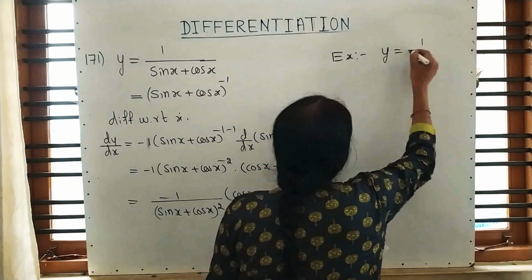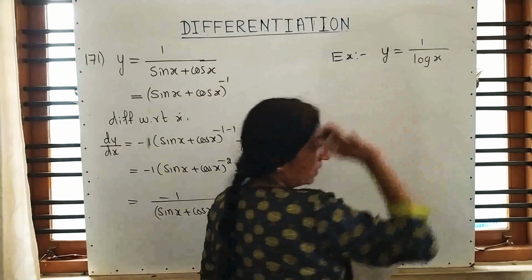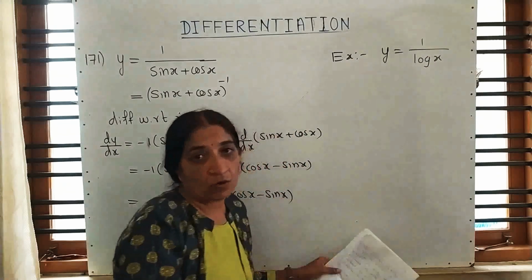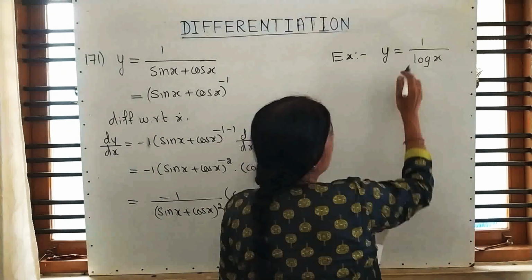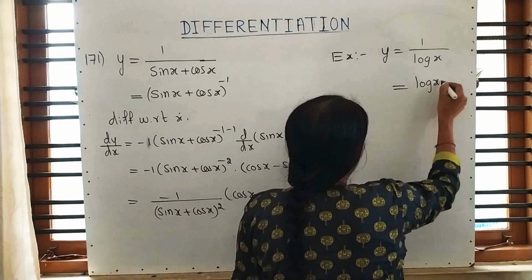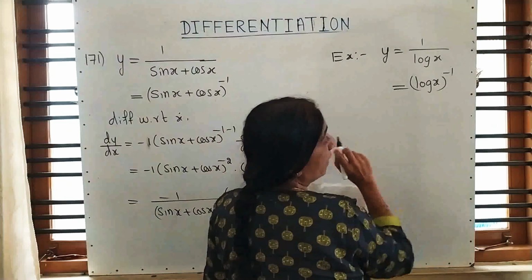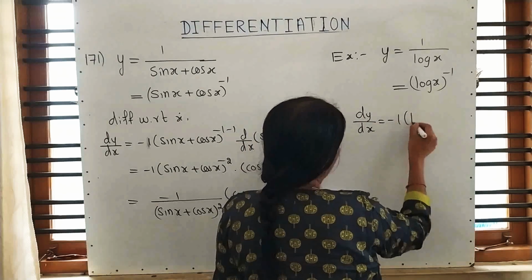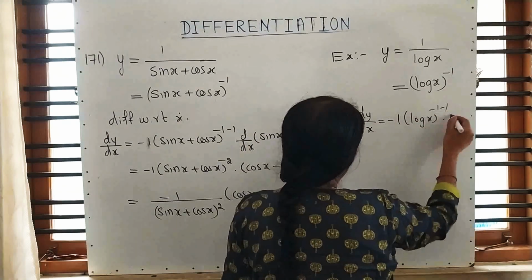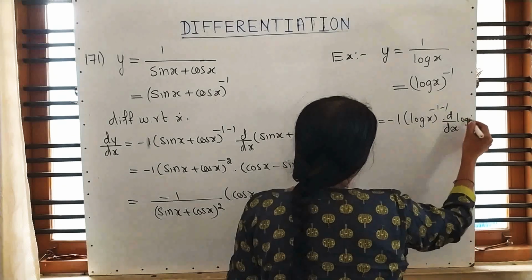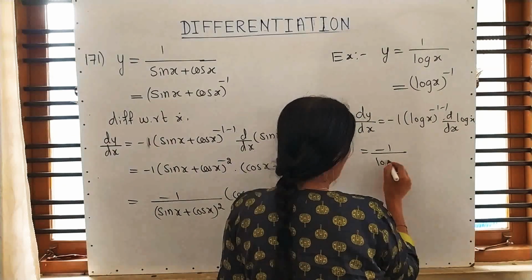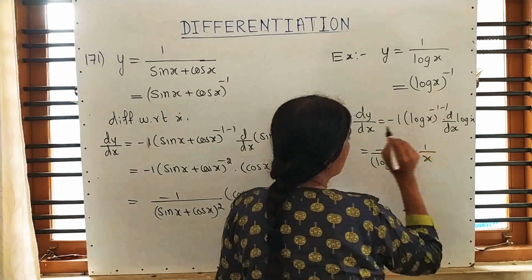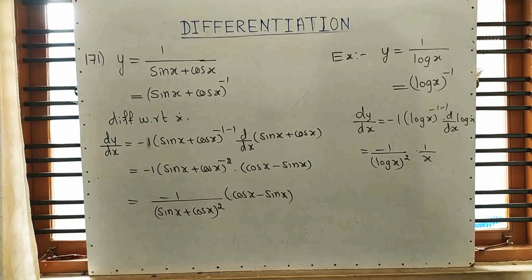If y is equal to 1 upon log x, if you remember that example, there we applied u by v, and when I was doing that example I told you we had still not started the composite differentiation. So here, instead of u by v, you can write log x raised to minus 1, correct or not? And check, this answer is exactly similar to that answer. Into differentiation of log x. This we can write as log x whole squared. Minus 1 becomes 2. And differentiation of log x is 1 by x. Like that, it depends on the students.